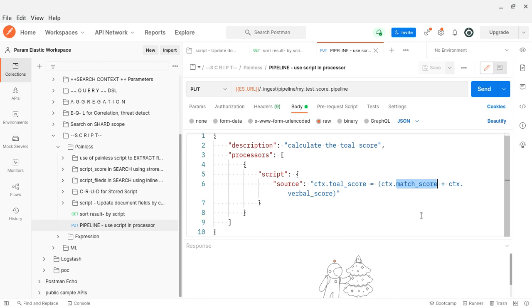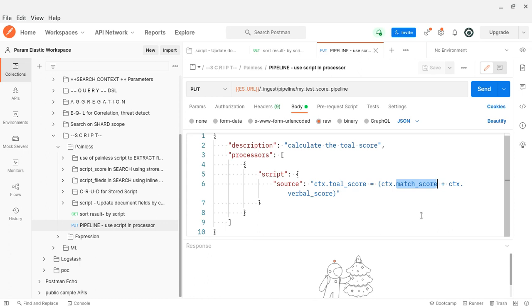I think I have given all the different types of demo. Obviously there are many syntaxes if it is Painless. If it is expression, that is very simple and straightforward. I think wherever possible, go with expression. If it is not possible, then go with Painless. One thing: for expression there is no stored script, at least I have not seen it anywhere. Only Painless can be stored and reused as a stored script.